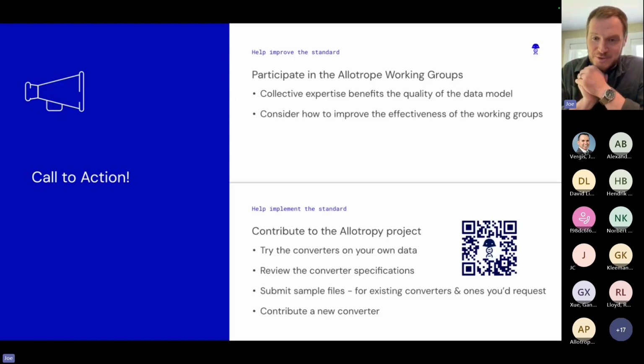In the last talk we saw, there were domains we haven't represented, and I think even the techniques that are represented need refinement. And so I would really ask, come to one of the working groups. This is really where the work of the standard gets done, and it really benefits from the collective expertise of the community. I wasn't able to join the updates earlier, but I know the recent weeks of work being done on the NMR model have been really interesting, and it's very good to have a diversity of opinions there.